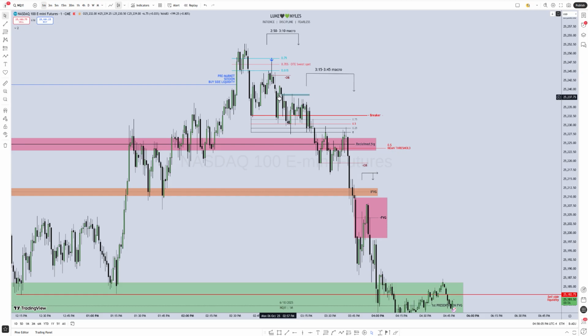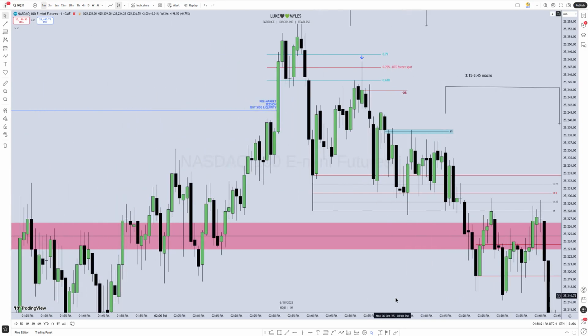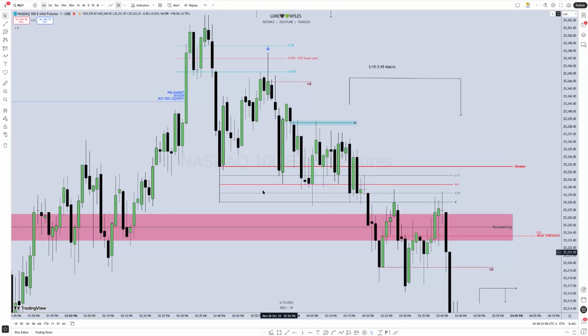That can be used as a range. So we have that, we drop lower again, the bodies respect consequent encroachment of this week, we rally back higher, we have a volume imbalance right there. If I'm to zoom in for you, we are looking at this range right there. So if this was your entry, first entry, second entry at that, we drop lower,